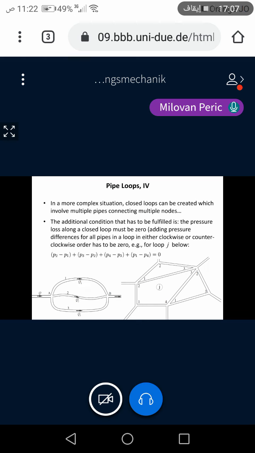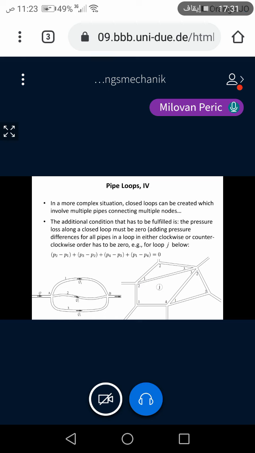You need a computer code to do it. In more complex situations, like on the right at the bottom of this page, you see, for example, a gas network in a city, and there are many loops, so there are connections from one street to the other and so on. And the additional constraint in these loops is that the pressure drop, if you sum it along all pipes going in a loop in either